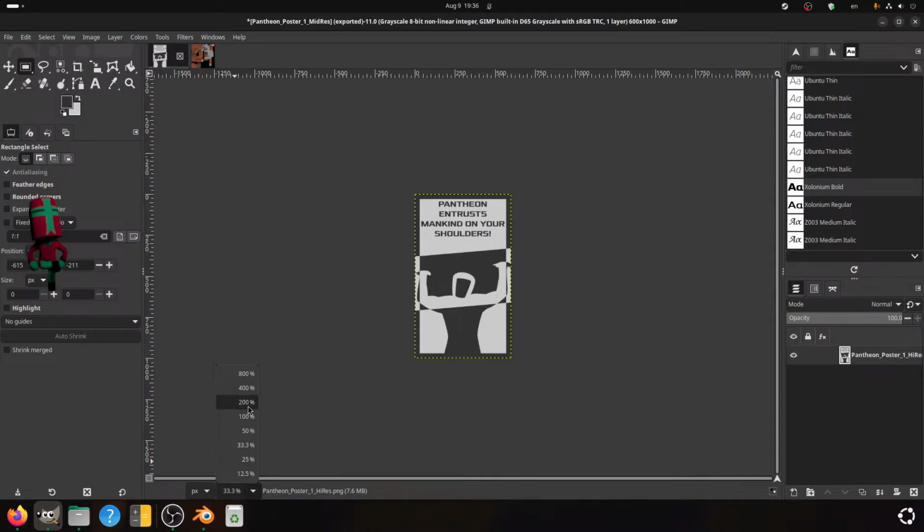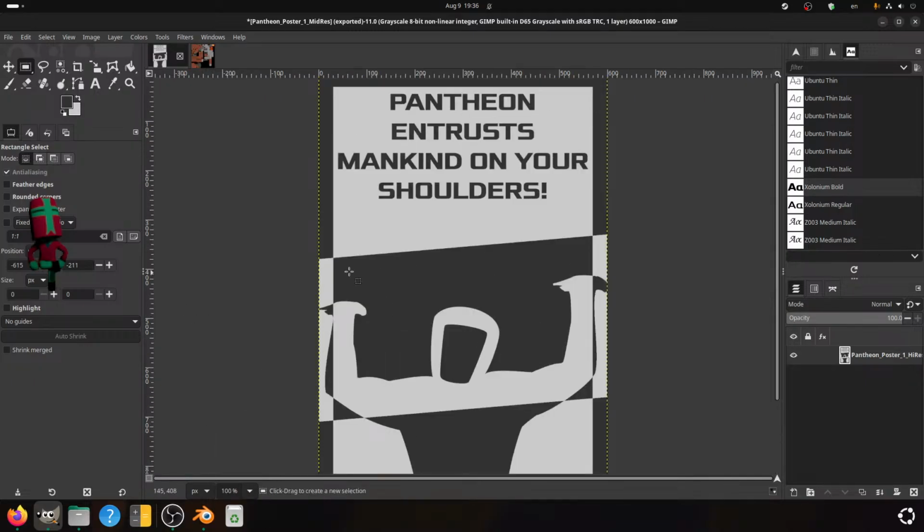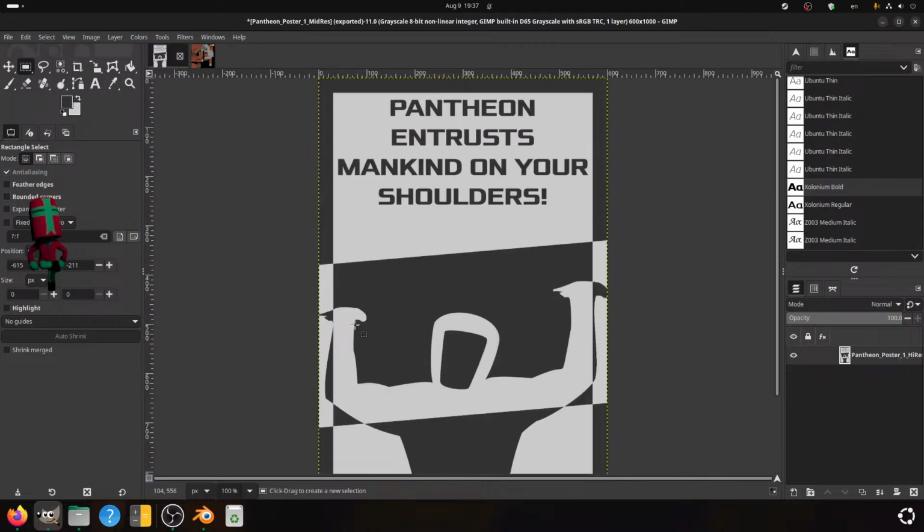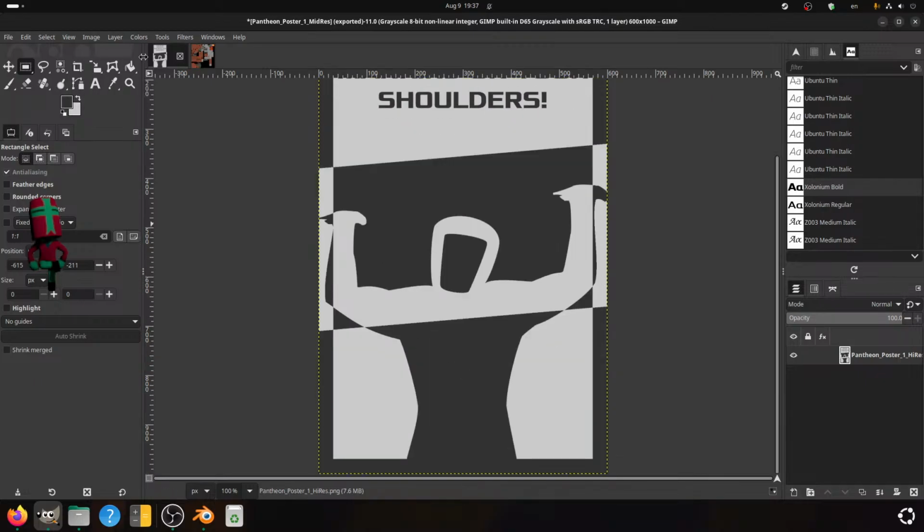Well, as I said, it's a poster. Pantheon entrusts mankind on your shoulders. It's a guy carrying something.